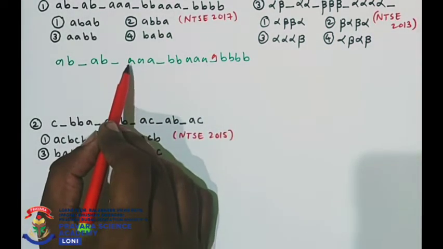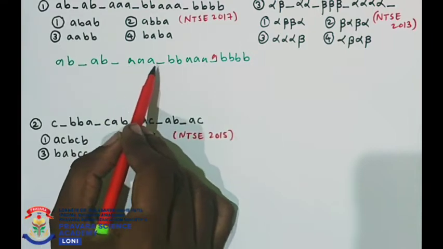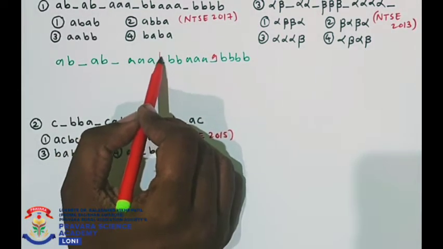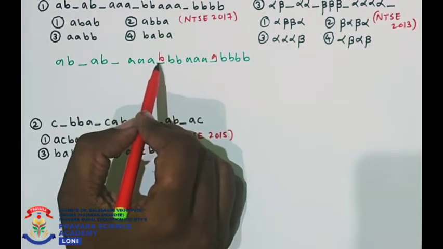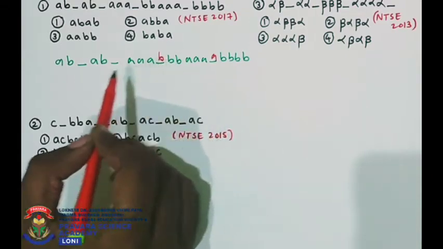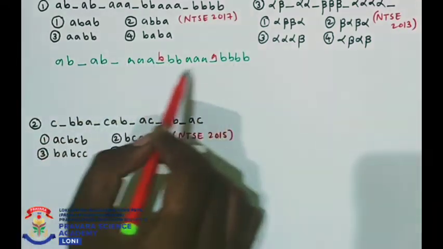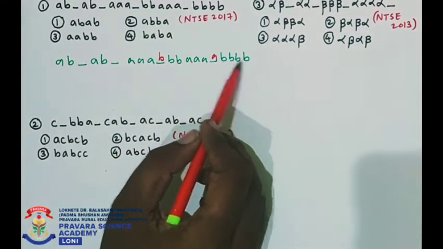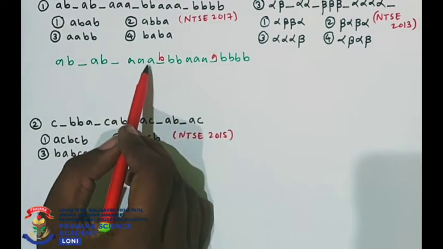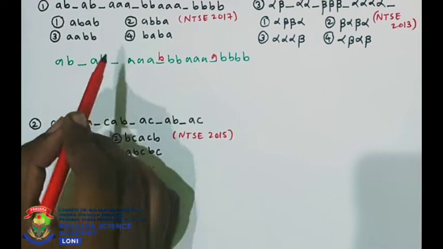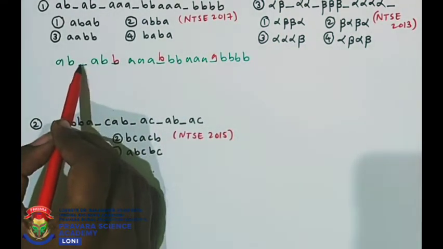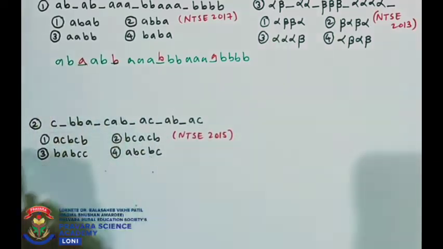Here you can see if this A is coming thrice, we can guess that B should also come thrice. So if I put B here, this will be 3 times B. Now in the same way, here B is coming 4 times, A is coming 4 times, B coming 3 times, A coming 3 times, then it must be B coming 2 times. So here I will try to put B. And then here it must be A coming 2 times.